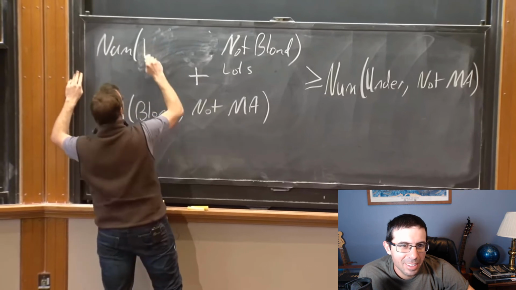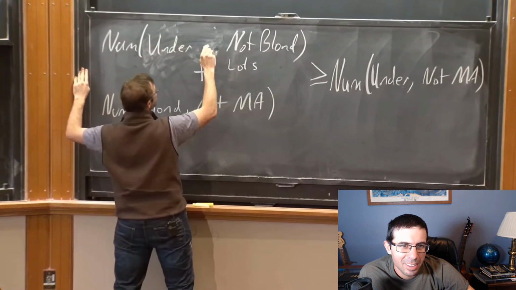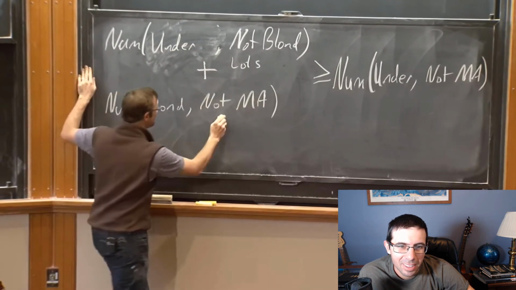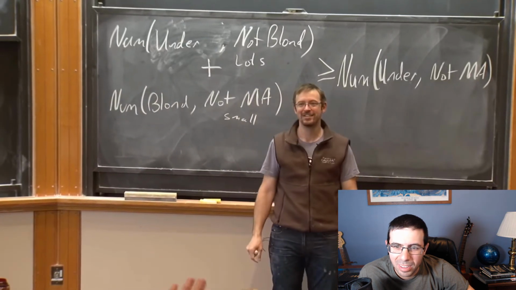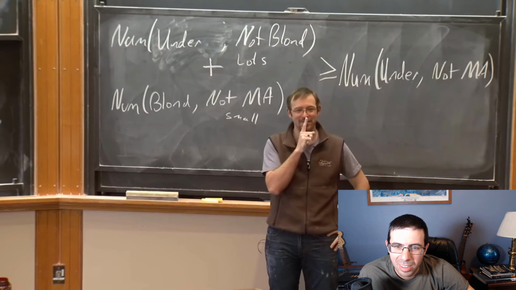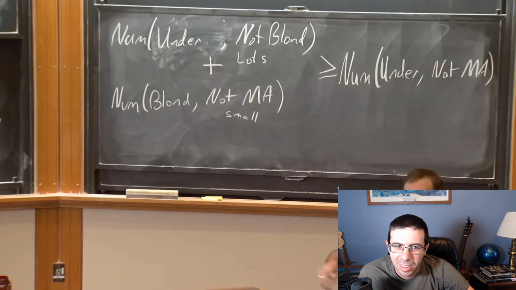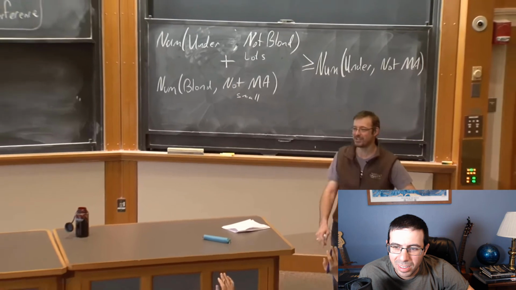Shoot. This is a really large class. Okay, small. And how many people are undergraduates who are not from Massachusetts? Yeah, this counting is going to be... So I'm going to do this so I can do the counting with the first two rows here. Okay, my life is going to be easier this way.